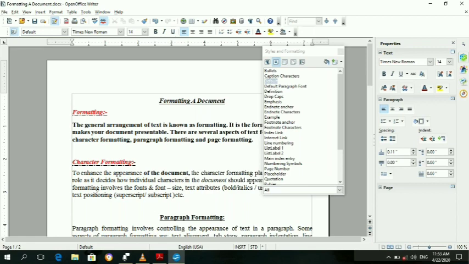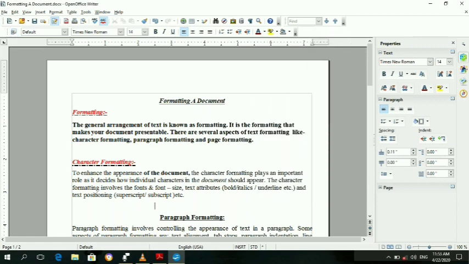Now the next topic is Fill Format. Let's talk about how Fill Format mode works. First step is to open the Styles and Formatting window and select the style you want to apply. Clear?